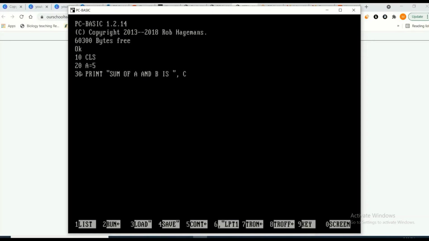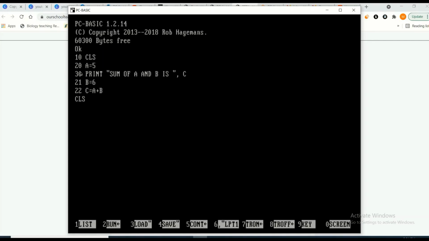So what you can do, you can write some number between 20 and 30. For example, 21. Then I write b equals 6. Then on line number 22, I write c equals a plus b. So what will happen? The computer will automatically set these line numbers 21 and 22 between 20 and 30.